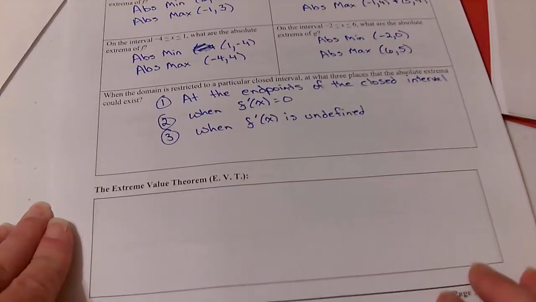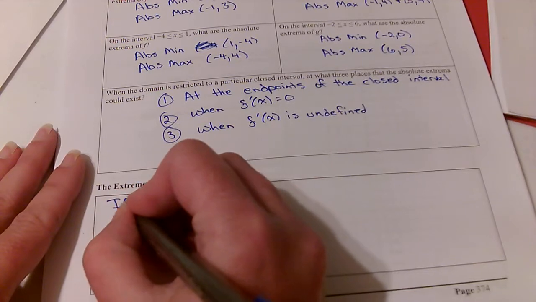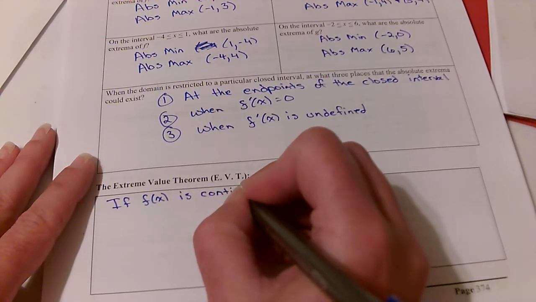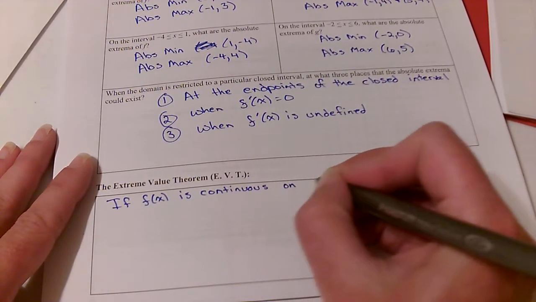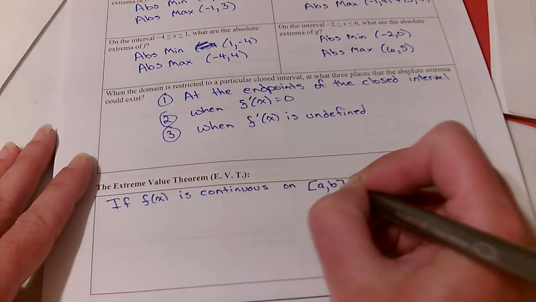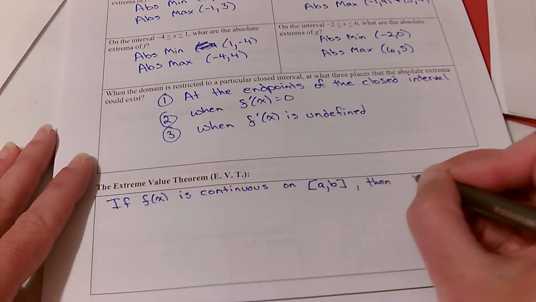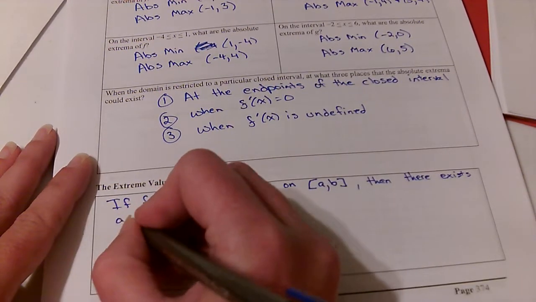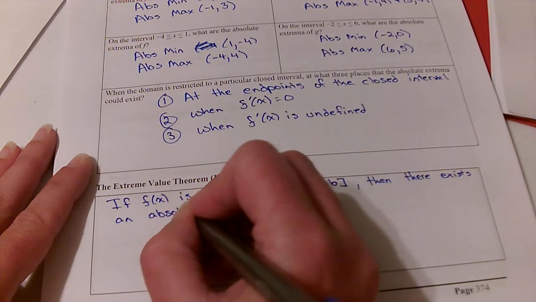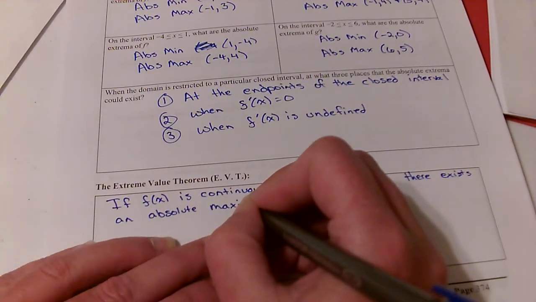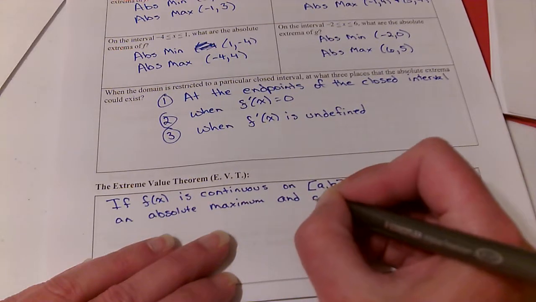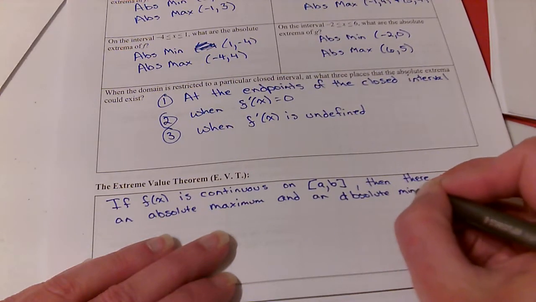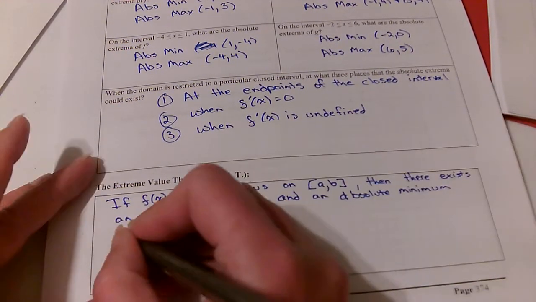So the extreme value theorem states if f of x is continuous on some closed interval, then there exists an absolute maximum and an absolute minimum on that interval